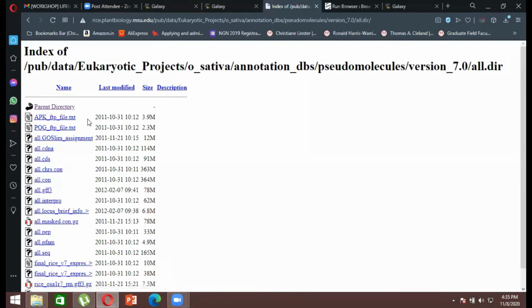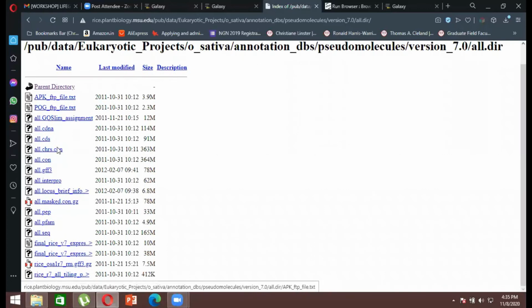So you'll go there. Here you have all of your data stored, right? And we are going to look at the GFF3 file. You can see there are different kinds of data. You have your cDNA libraries which have been created, your CDS. CDS basically stands for coding sequence. So you have your coding sequence data here as well. You have your chromosome sequence as well. You have your GT3 interprofiling data as well, your locus data as well, like on which chromosome, what is the locus where you find your specific sequence, that is also stored there, right?